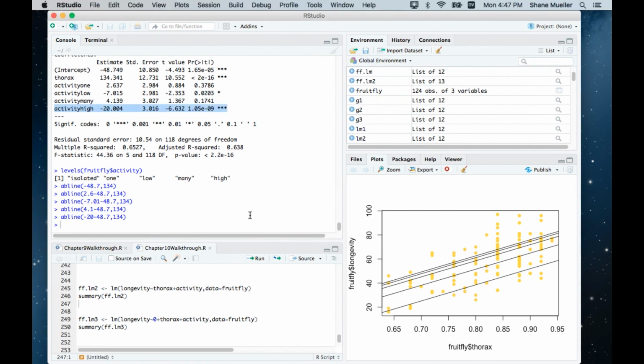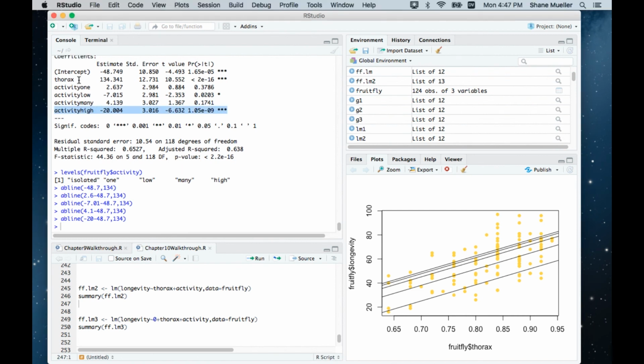All right, so this way of framing the model in terms of intercept plus a difference from the intercept for each categorical level can be a little hard because you've got to do subtraction. So there's a little trick you can do, just like in the previous chapter where I showed how you can force the intercept to be 0. If you do that in this case,